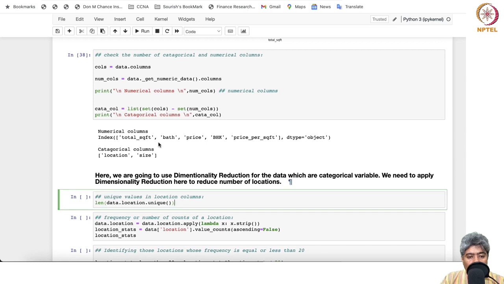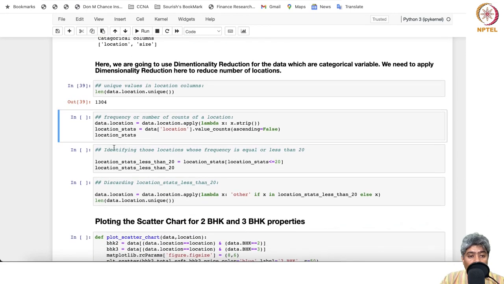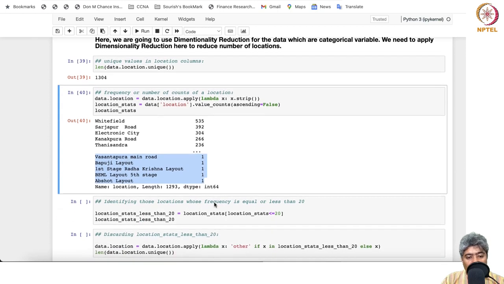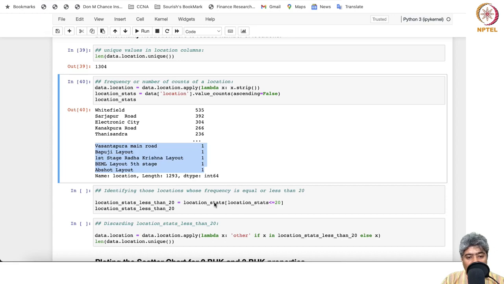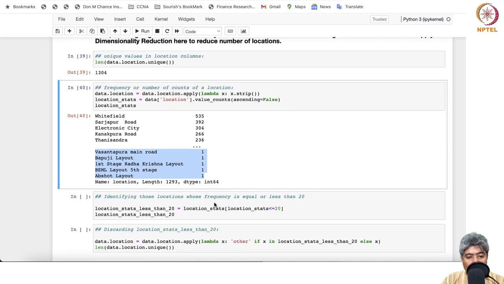So how many unique locations do we have? There are 1300 unique locations that we have, and in the 1300 unique locations, we count that, and this is the situation. There are quite a few locations where you have only single instances. So if we do that, then there will be a little bit of a problem,